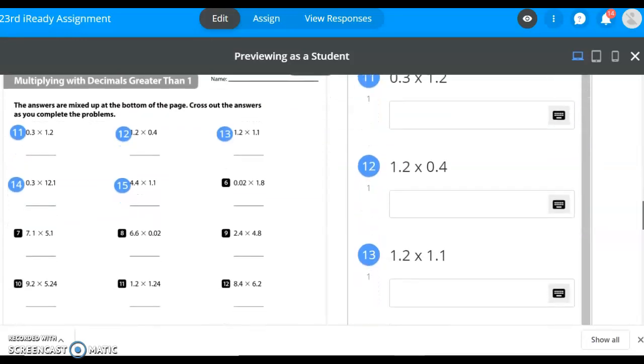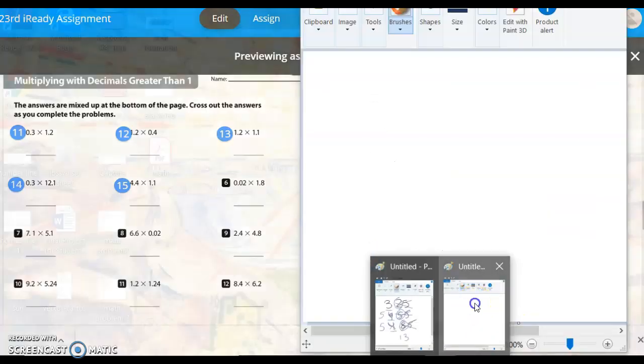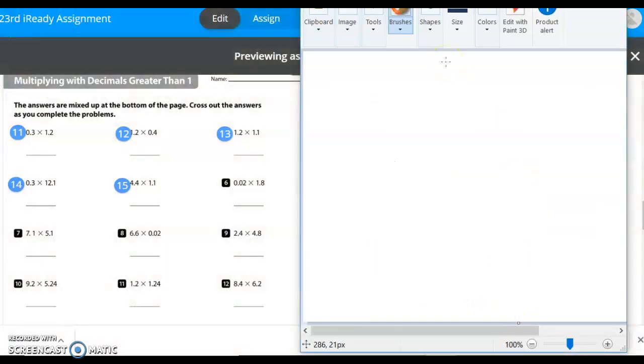So down here I mentioned that the answers are all at the bottom, which gives you a great way to check your work. So I am pulling up a problem here, and I'm going to do problem number 8. They're both the same. They're both 2 numbers each. So I'm going to put either one on top. So I'm going to put 6 and 6 tenths times